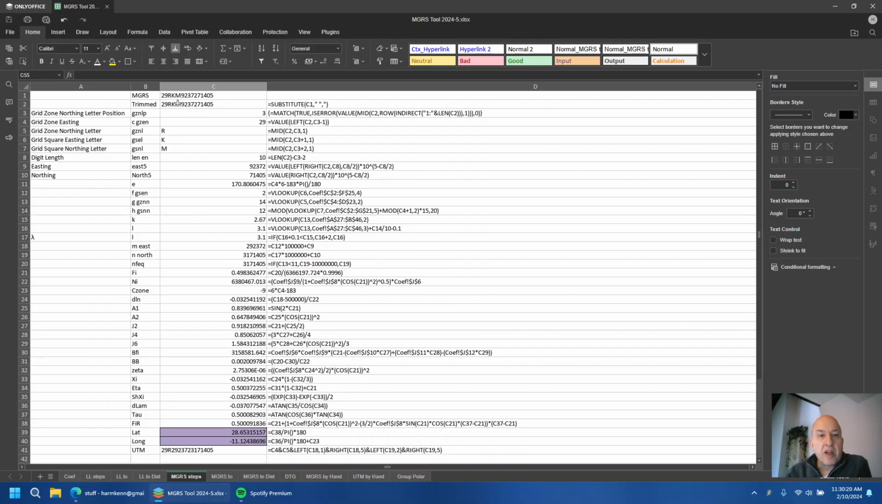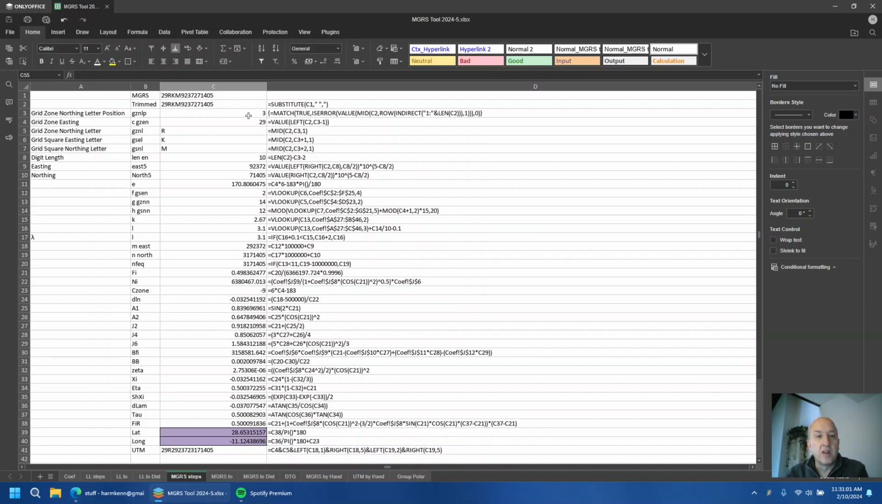We have MGRS: 2 digits of a grid zone, then a letter for a grid zone in the northing, 2 more letters which represent the 100,000 meter grid square, and then 5 digits of 100,000 meters in easting, and then 5 digits of the 100,000 meters in northing. So there's MGRS. To work backwards to find out what the latitude longitude is, we first have to come up with which grid zone